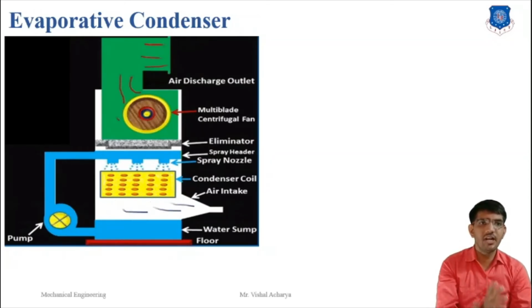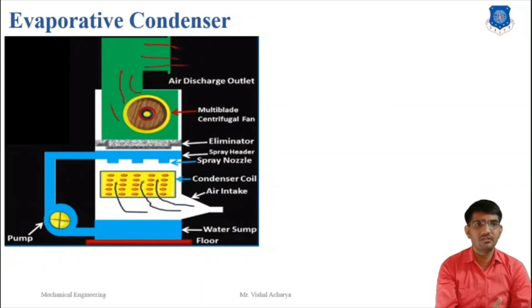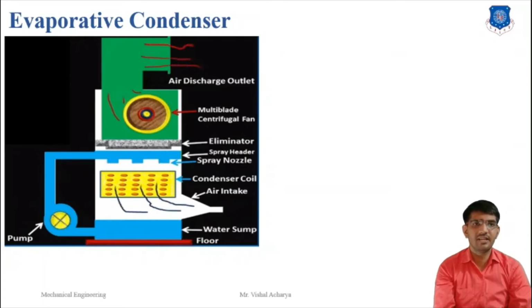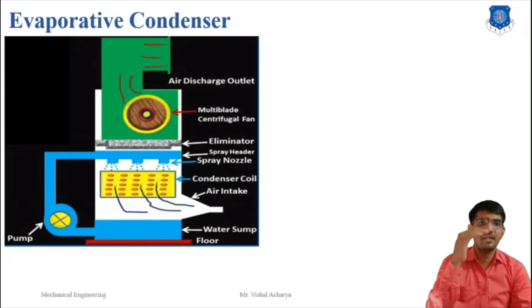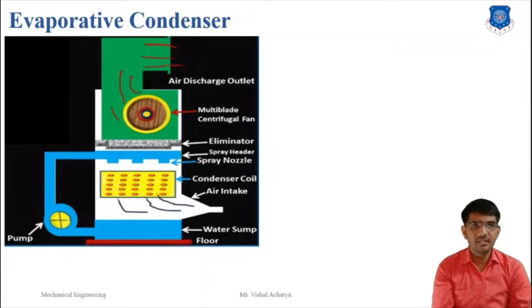As the air circulates over the water film, it evaporates some of the cooling water. As a result of the rapid evaporation, the steam circulating inside the series of pipes gets condensed. The remaining cooling water is collected at an increased temperature and reused. It is brought back to the original temperature by adding the required quantity of cold water.